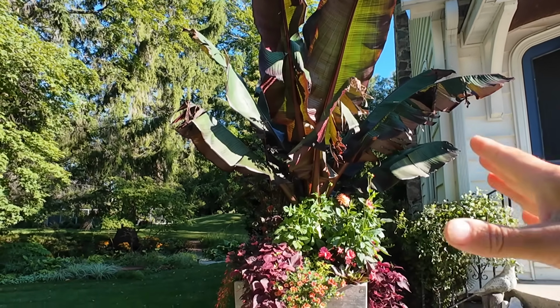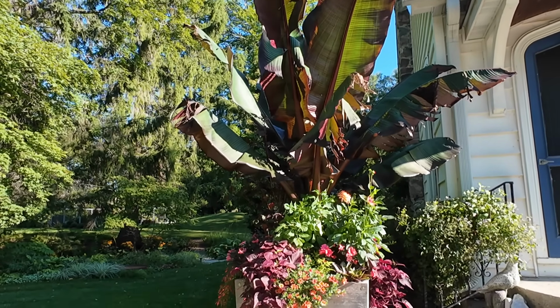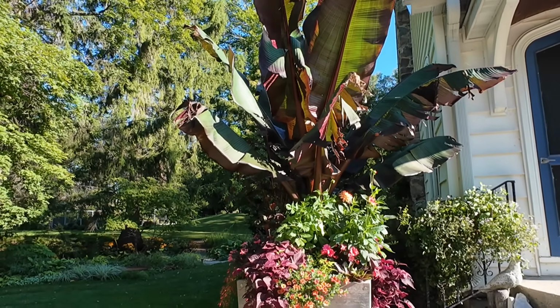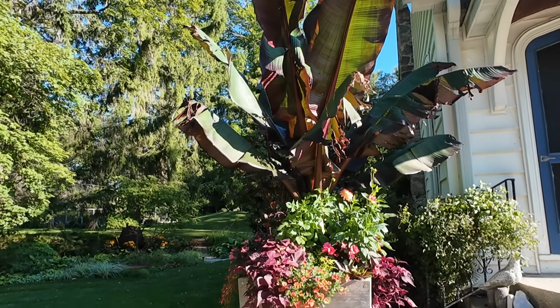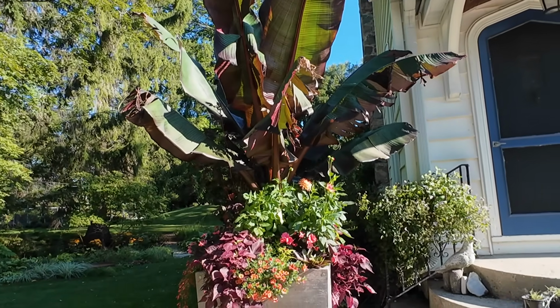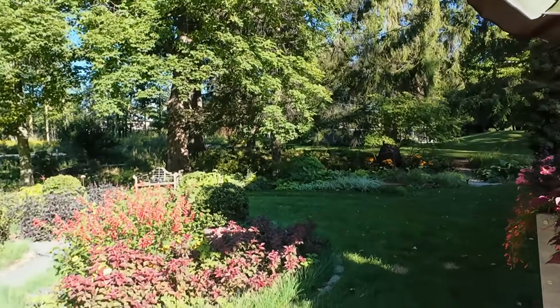Those branches, leaves really started drooping and were really ripped up. So as you can see, as new leaves emerge, the old ones sort of naturally get pushed down. So I still think this looks, actually I think this looks great right now. I'm quite happy with how that's looking there. Okay, while we look at the circle garden,